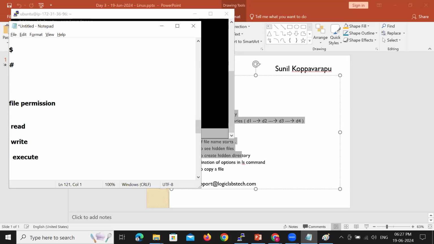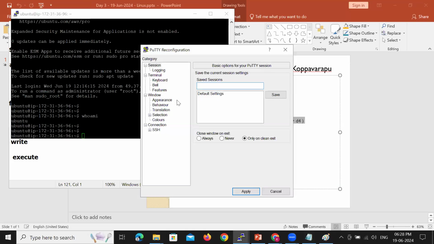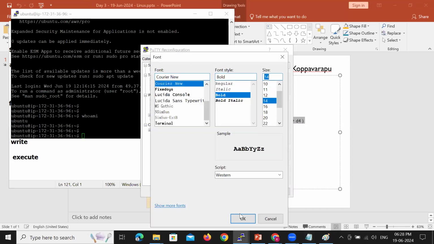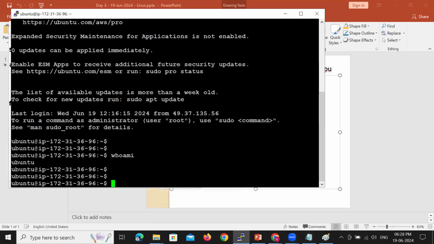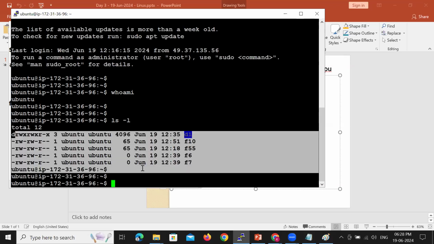The most important point, which is very regularly used by every DevOps professional, is working with file permissions. ls -l, long listing. These are the file permissions. R stands for read, W stands for write, X stands for execute. So these are all file permissions and directory permissions.